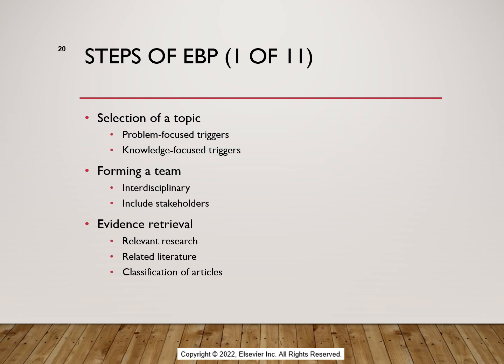So there's 11 steps or 11 slides to the steps: selection, forming a team. You really don't want to do this alone, and you'll want to make sure that it's interdisciplinary and including the stakeholders. Stakeholders means anyone who has skin in the game, anyone who has a vested interest in improving this